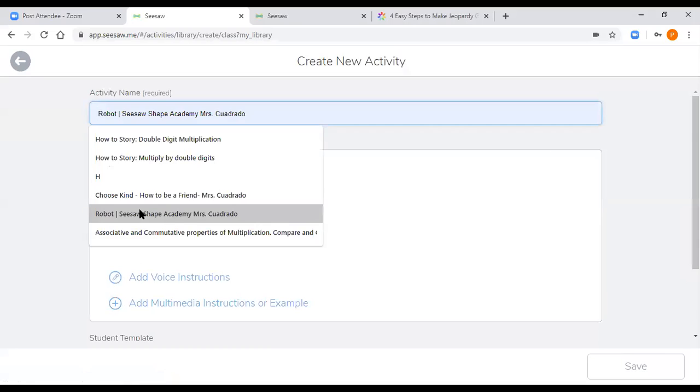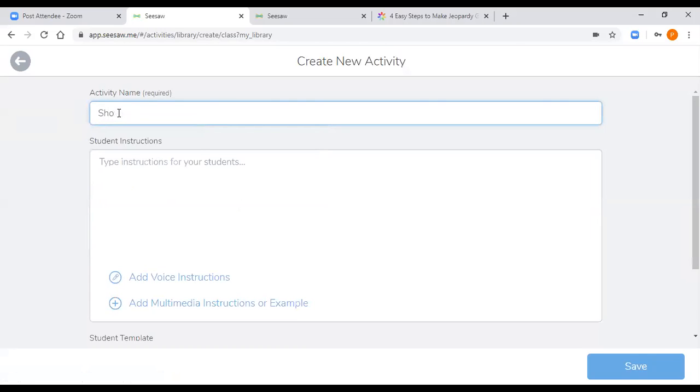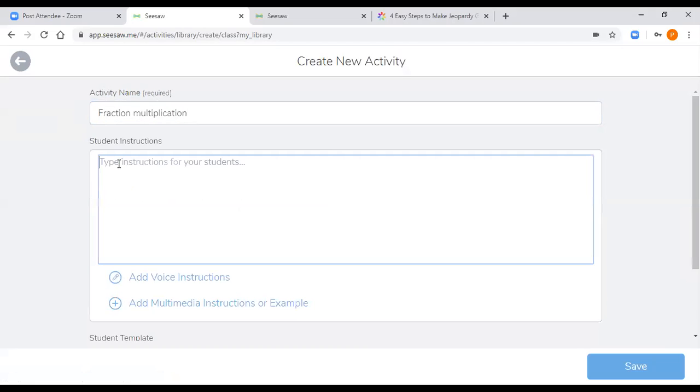So let's say it's gonna be fraction multiplication. Right here, I'm gonna type my instructions for my students. I can type them, or I could record them if I wanted to. We're running out of time, guys. We'll end in 10 minutes, but that's okay. So I can just create a problem